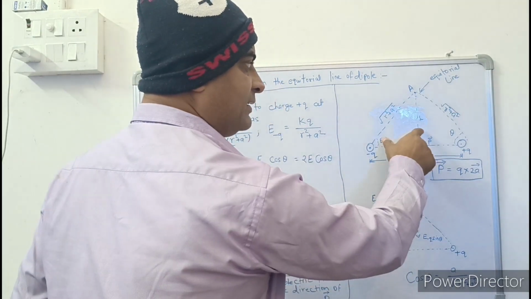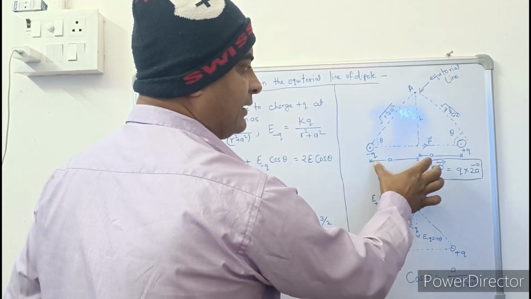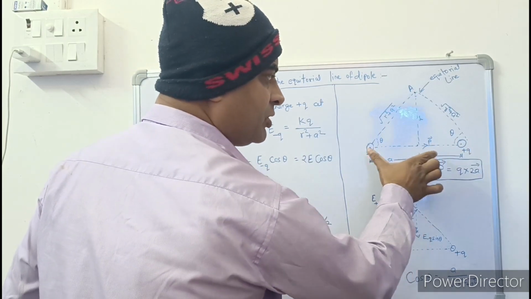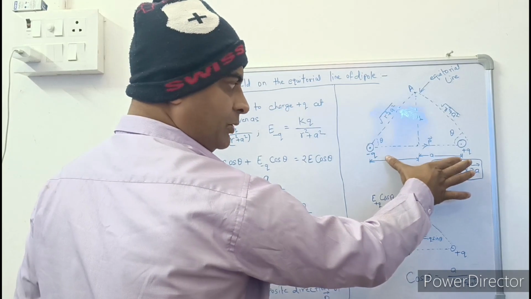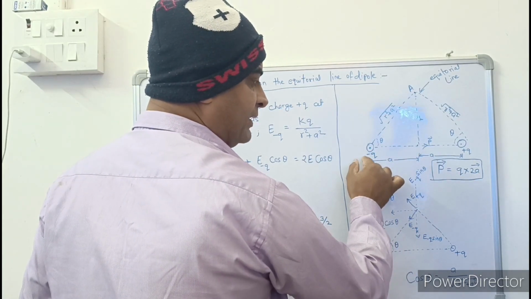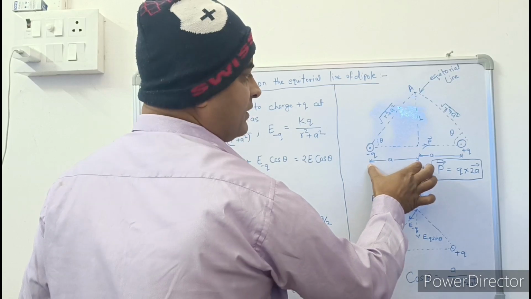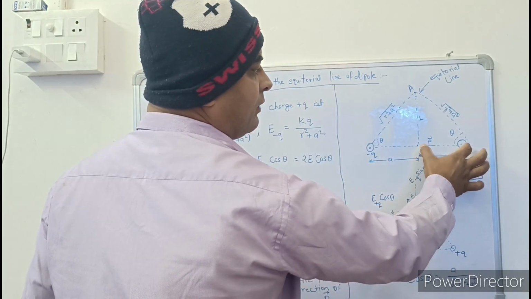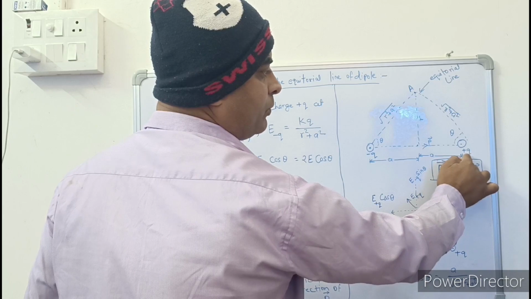The distance between the two charges is 2a, so from the center of the dipole to the negative charge it is a,